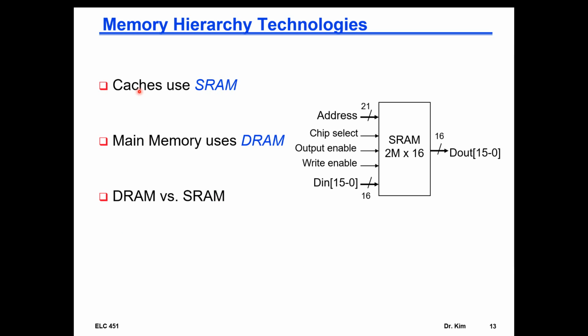So again, cache uses SRAM, so we call that a static RAM, and you are familiar with that type of memory. You have been using that in your designs. So you have an address and an output. These are read-write memory, so you also have data in. You have write enables. You can have an output enable signal. You can have a chip select that selects the specific chip, and you also have a clock. So these are synchronous